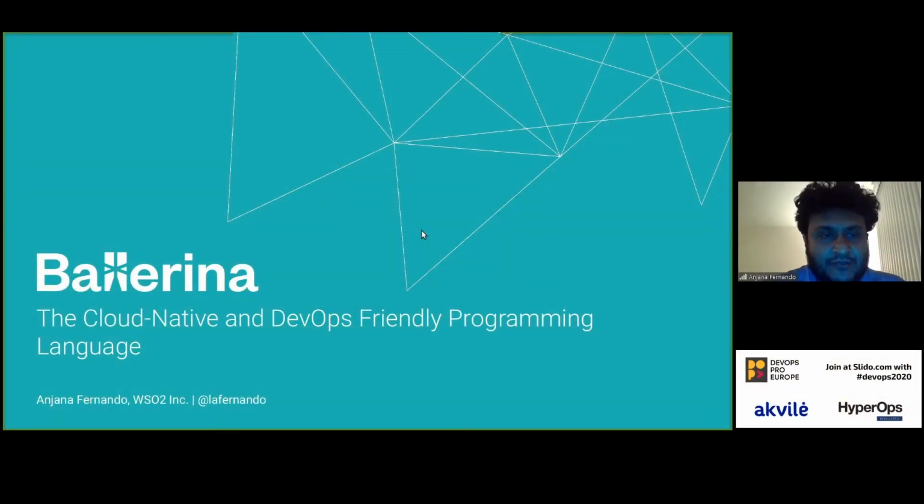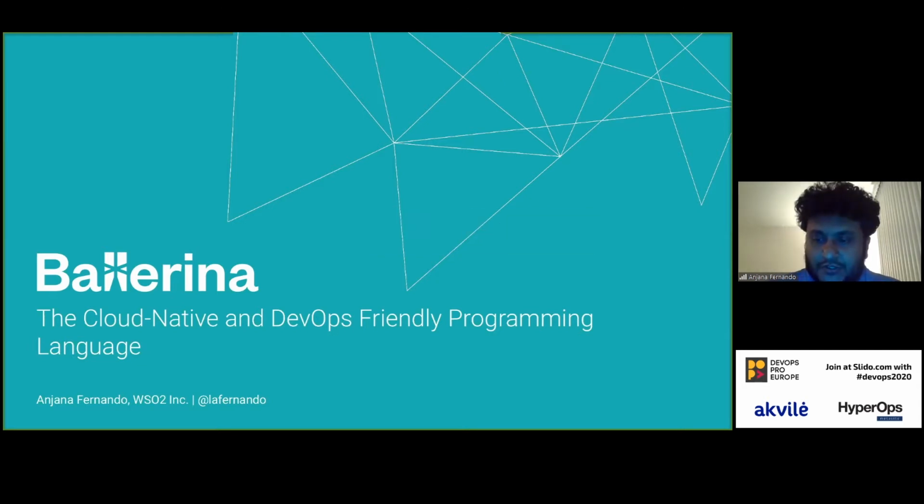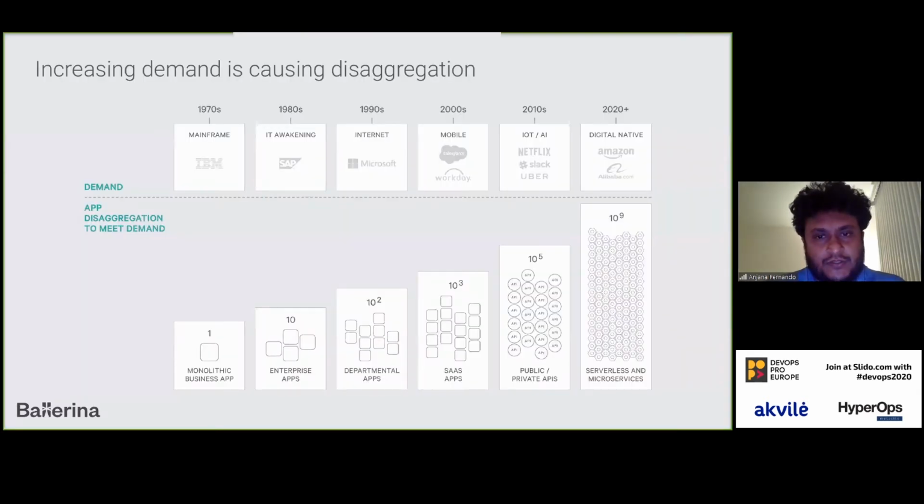Welcome to this session on Ballerina, the cloud native and DevOps friendly programming language. Here I'll be talking about the Ballerina language and how it's suitable for cloud native development, and also how it's helping the DevOps operations as well. So to start with,